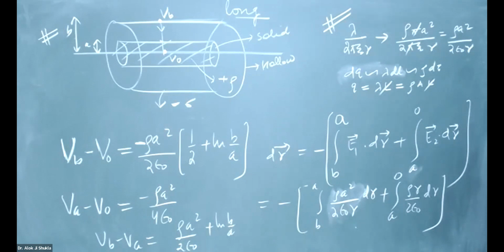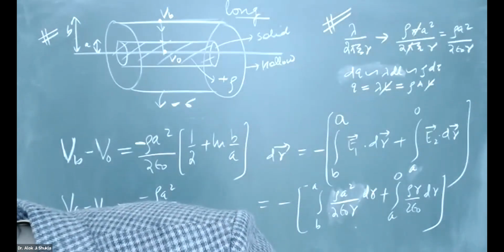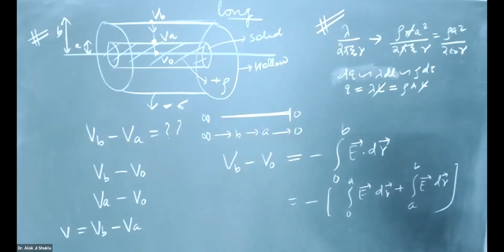And if you subtract, then what will happen now? सर ये जो रो ए स्क्वायर बाई 4 एप्सिलॉन 0 कट जाएगा और ln पार्ट नहीं कटेगा। जस्ट 1 सेकंड, एक बार पूरी चीजों को देखना होगा। ठीक है, तो 0 to A and A to B, ये जरा कैलकुलेट करना कितना आ रहा है, VB माइनस V0।